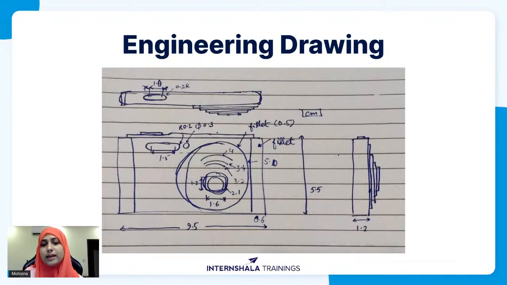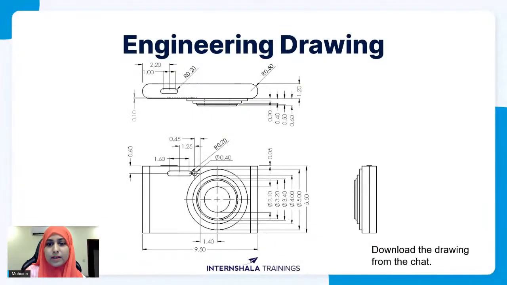Here, a client asked us to create a camera, and he created a rough sketch for us to see it. But as you can see, this is a rough sketch, a haphazardly drawn sketch, which shows us the requirements but is not a neat one. So we can understand the requirements from here. To make it clearer, here is something that we created.